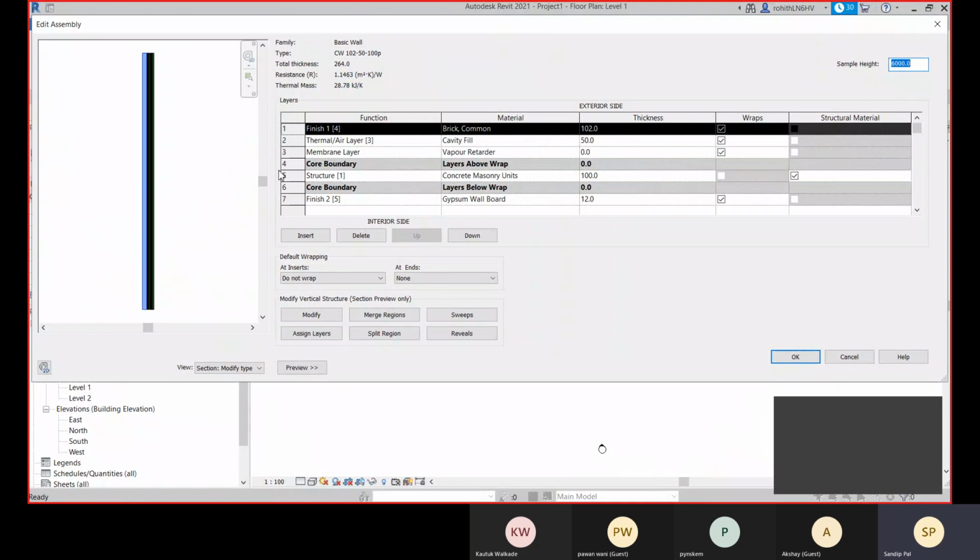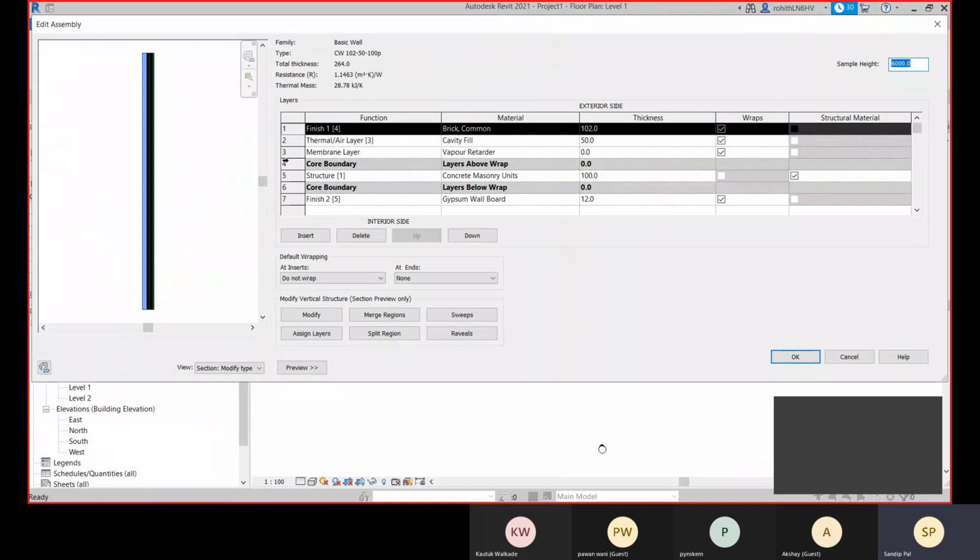Understand that we have layers numbered 1 to 7, and that is the thickness of the wall, right? So which one will be the wall center line?